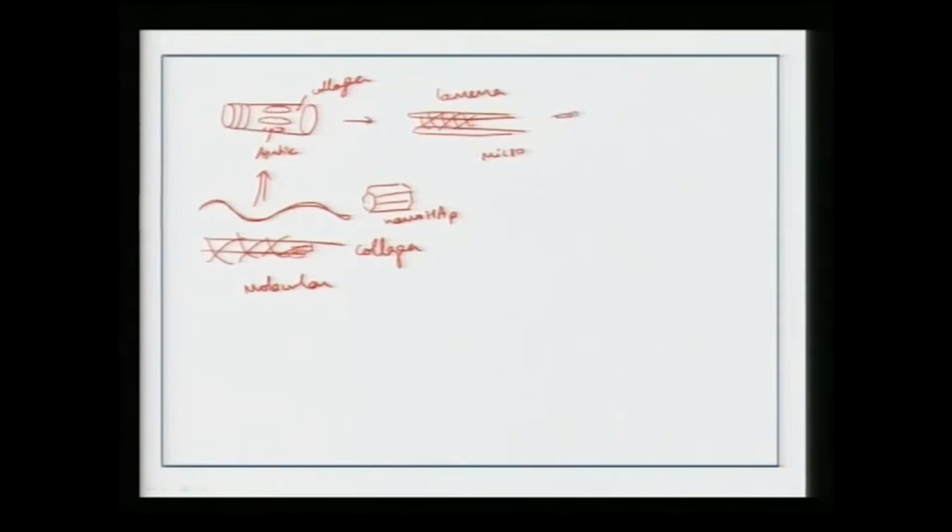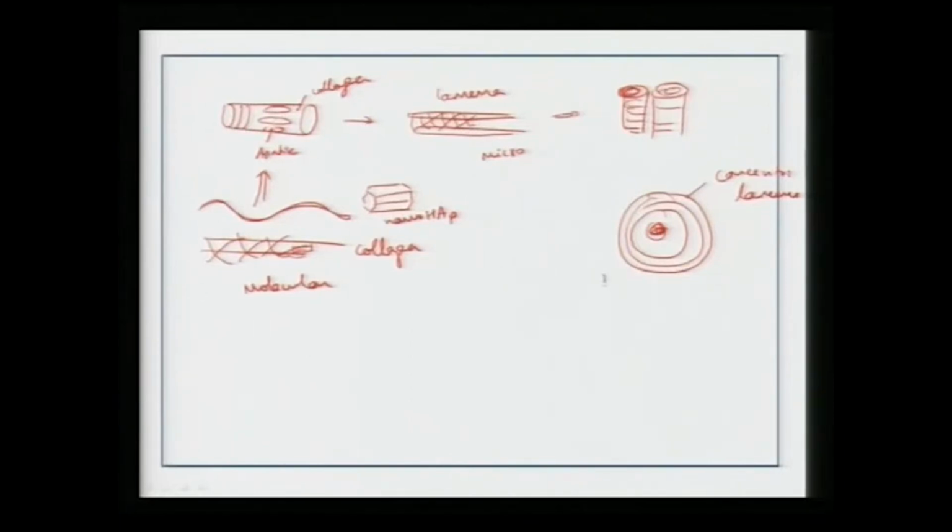Finally, it goes on to forming osteons which are nothing but the arrangement of all these fibrils. So, they go on to forming fibrils out here, and eventually it forms Haversian canals. These are nothing but concentric lamina. So, concentric lamina go on to forming certain Haversian canals, and all these are basically present in the